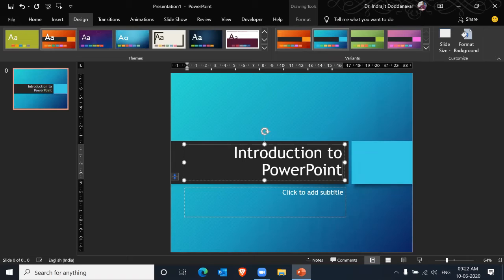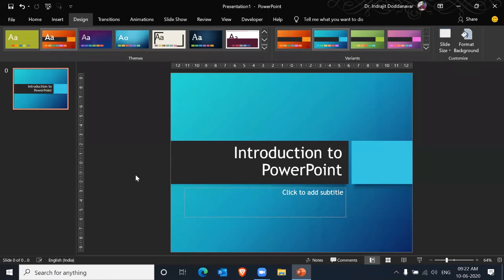One thing you might have noticed, as you're typing, suppose your words are becoming more than the particular text box, the sizes are resized and they try to fit in that particular area. Okay, so this is a very nice handy tool by PowerPoint.